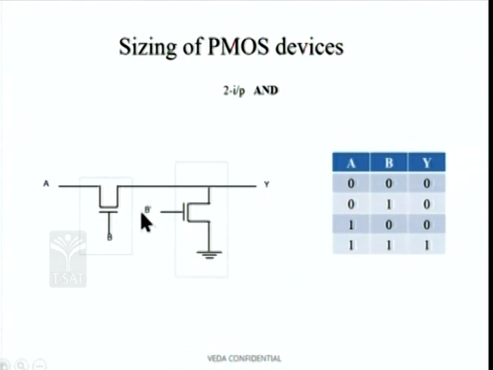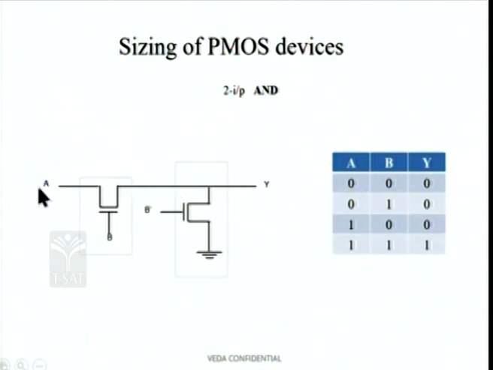You can also apply B to a PMOS device, that is also fine, but the idea here is to show that this is using only NMOS devices. I am not sure whether the prime is correctly visible or not, but this is B prime. Therefore, B prime is a logic 1. This device turns on and Y is pulled down to 0 because of this on device. Logic 0 is transmitted over there. So when A and B both are 0, the output Y is 0.